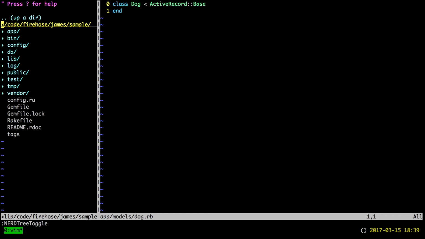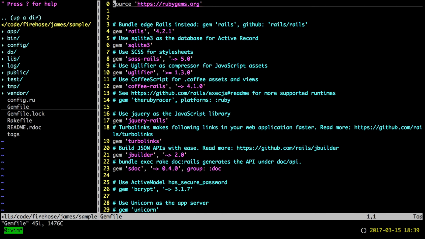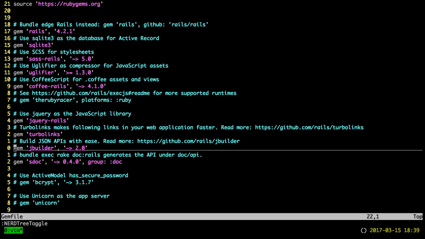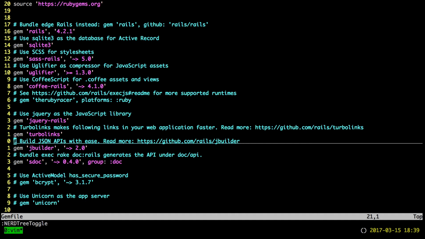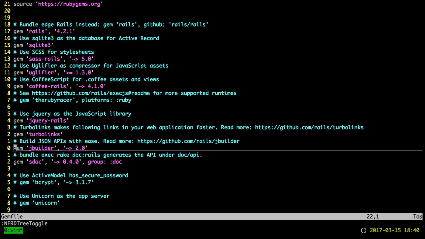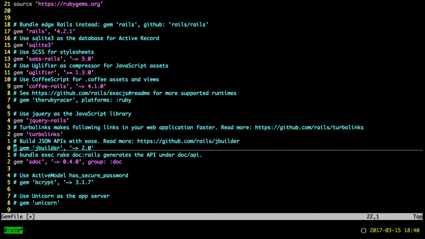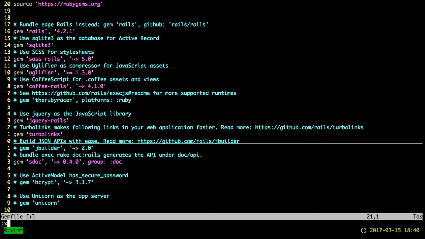When you make a Rails project, just for giggles, they're always going to include this thing called JBuilder. See this in the gem file. JBuilder's an awesome gem, and they use it for building JSON APIs. But if you're not going to do that, the gem being in the gem file is going to clutter up your scaffolds and your controllers that Rails generates for you. So I usually delete it or just comment it out like that, and then